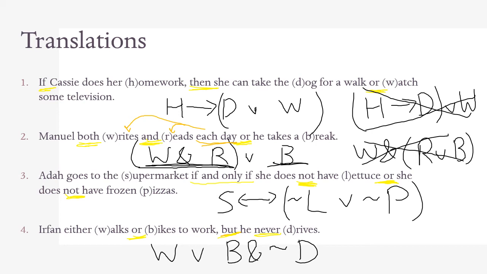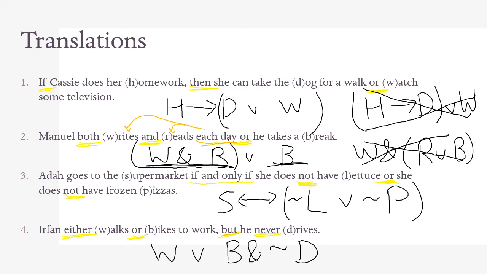parentheses because, again, we have a single proposition. The B here is attached with both a wedge and an ampersand, so we have to figure out how we're going to distinguish these two. So let's look at the sentence again. Irfan either walks or bikes to work,